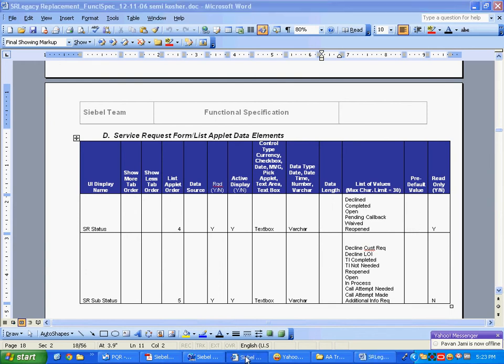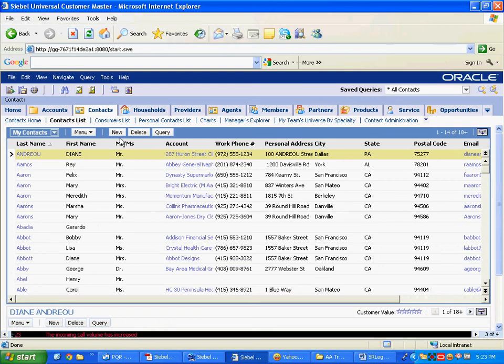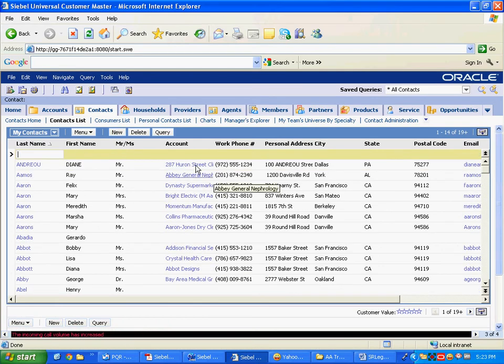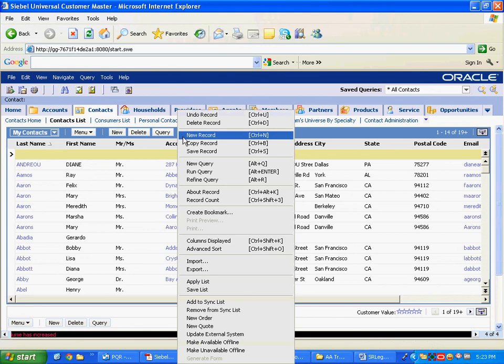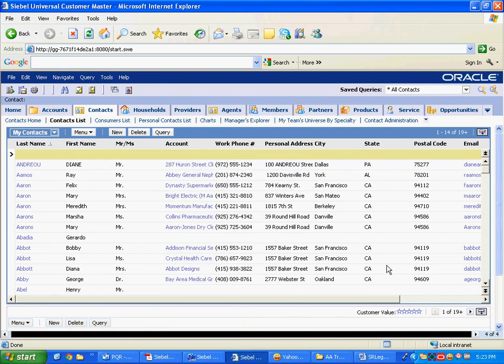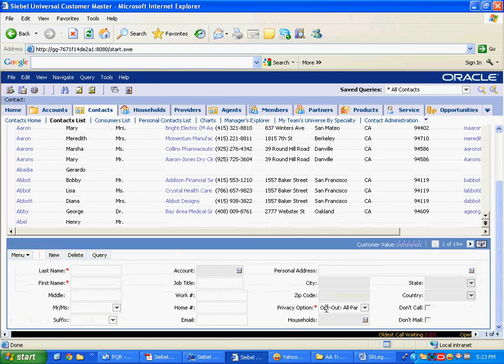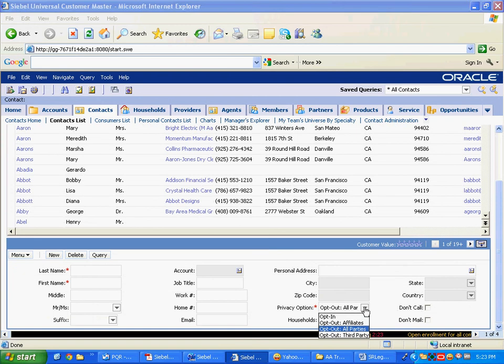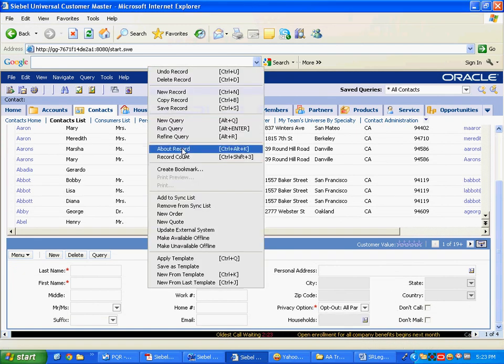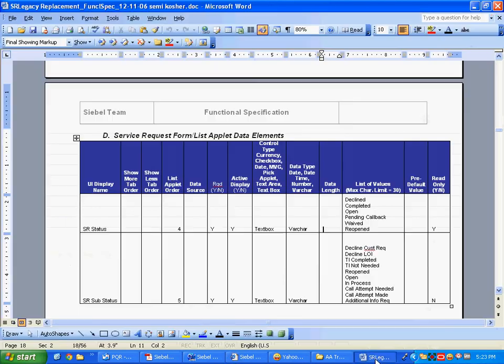For example, when you click on new, let's see, something is defaulted. Undo. Any form applet. Let's see if anything is defaulted. So this is defaulted, right? This one is defaulted. So that should be mentioned in that requirement document. Okay. When you are making your own requirement document, you will come out with a number of things like this.